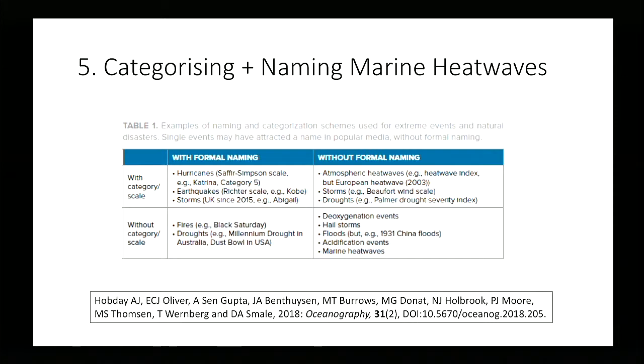A tropical cyclone is an intense low, but then you want to know how big they are. In the same way, what are the big marine heat waves? What are the smaller ones? Same sort of thing. How do we go about naming them? Storms in the UK have been named since 2015. Without formal naming, things like atmospheric heat waves have just a heat wave index,